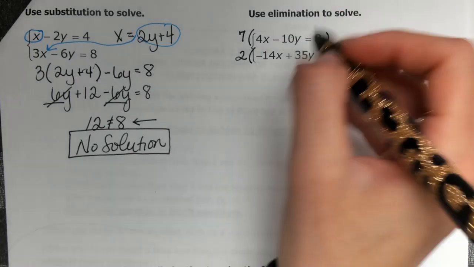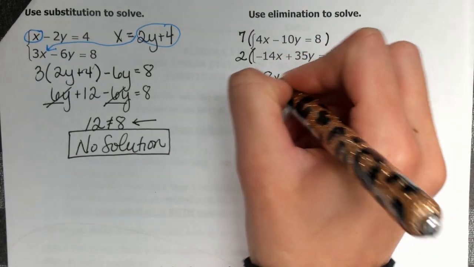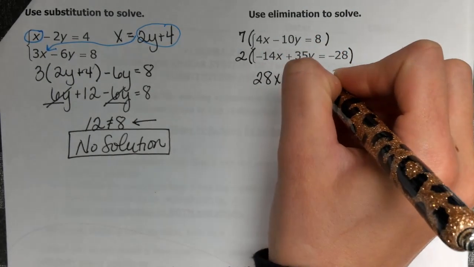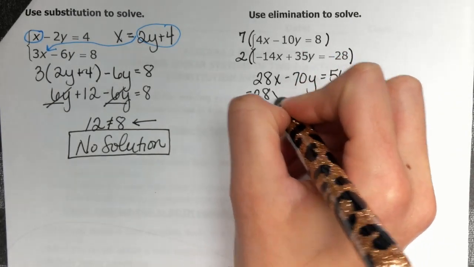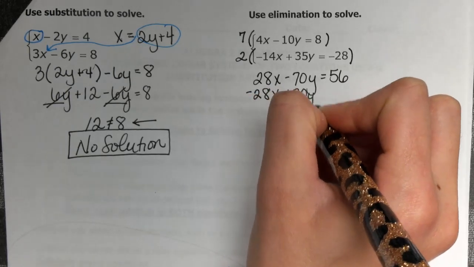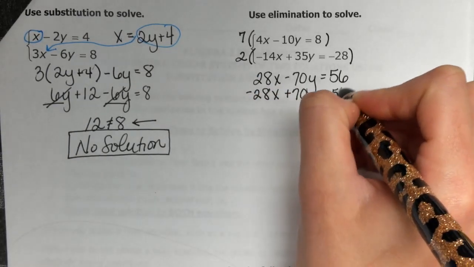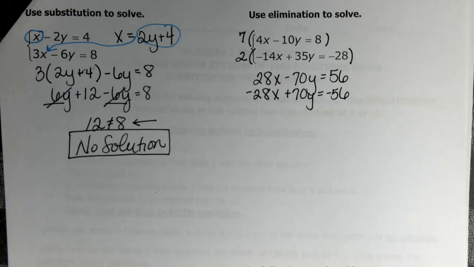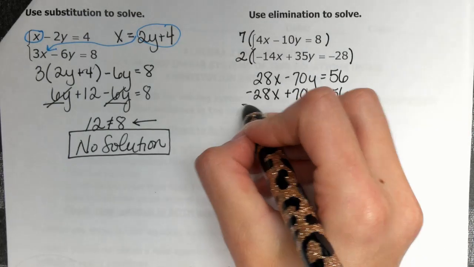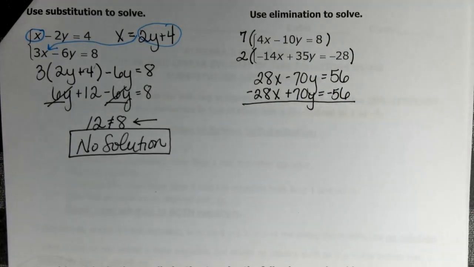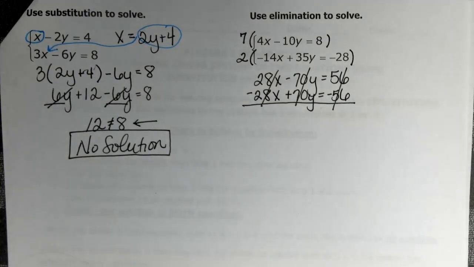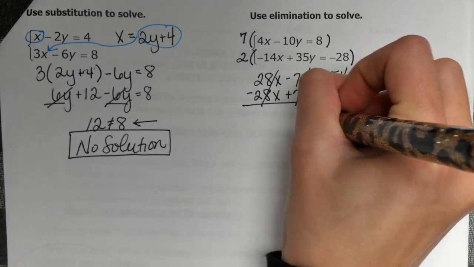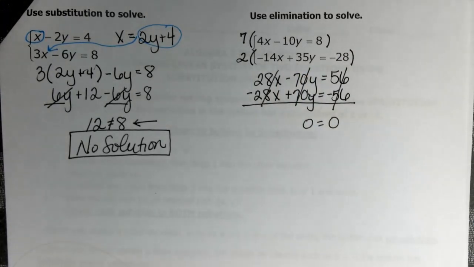So that now gives me 28x minus 70y equals 56, and negative 28x plus 70y equals negative 56. What happens? Everything cancels. So if everything cancels, what am I left with? 0 equals 0. You better have it. And then my final answer is